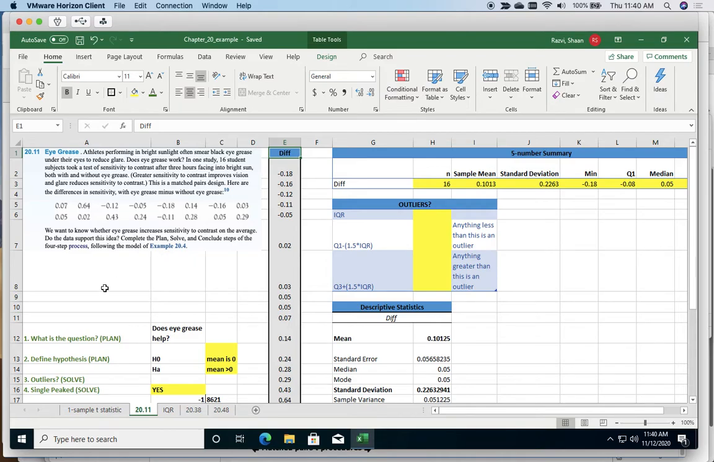So in our process here, we want to follow the steps that we've been following for all these other problems. So the first thing we want to do is ask, what is the question that we're trying to answer? And the question we're trying to answer here is, does eye grease help? So is it effective or is it not effective? And our null hypothesis is going to be that it is zero. So there's no change in